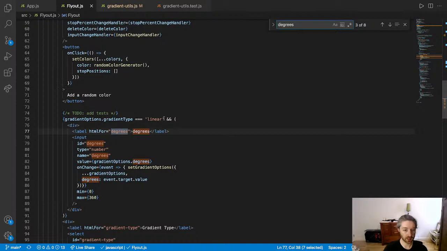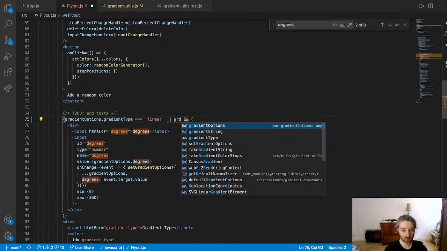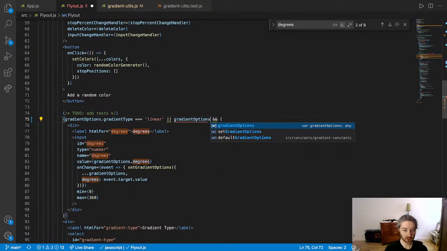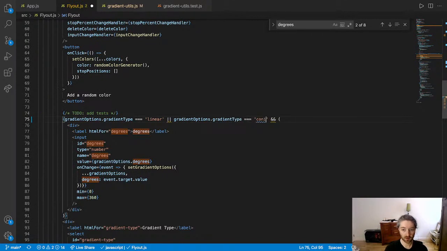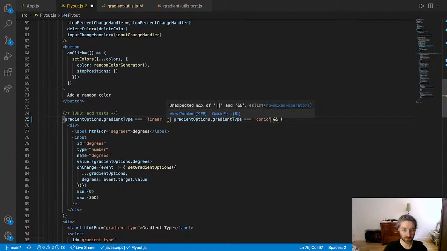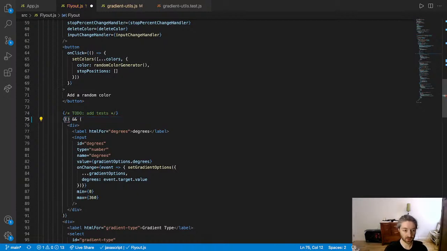Gradient type equals linear, or gradient type equals conic. What do you mean unexpected mix? That's interesting. Degrees,